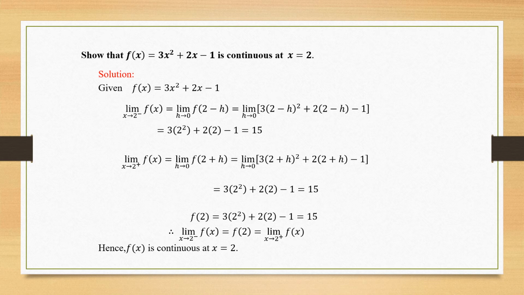Now let's approach it from right hand side. So from right hand side, I will use it as 2 plus h. Very simple. So if you want to check a function is continuous at a particular point when there is no breakup functions, you have to approach from left hand side means that particular point minus h, and from right hand side means that particular point plus h. So substitute inside the values of x, right, and the answer is 15. Now what you could observe, the left limit and the right limit both are having the same value 15. So therefore limit x tends to 2 minus f of x is equal to limit x tends to 2 plus f of x, which is equal to 15. Therefore I could say that f of x is continuous at x is equal to 2.